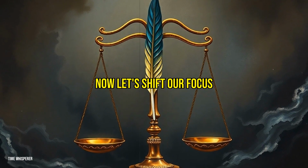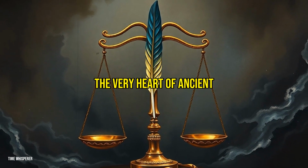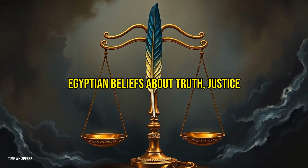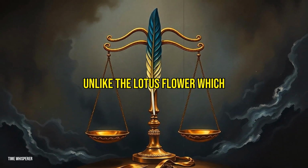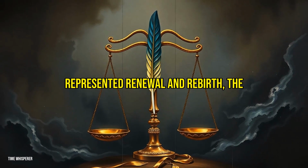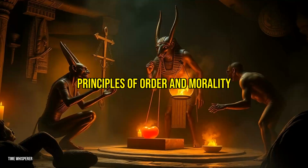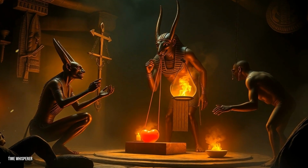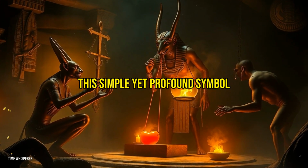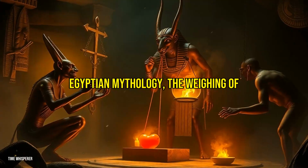Now let's shift our focus to the feather of Maat, a symbol that stands at the very heart of ancient Egyptian beliefs about truth, justice, and the balance of the universe. Unlike the lotus flower, which represented renewal and rebirth, the feather of Maat embodies the principles of order and morality that governed both the earthly and divine realms. This simple yet profound symbol was central to one of the most iconic rituals in Egyptian mythology, the weighing of